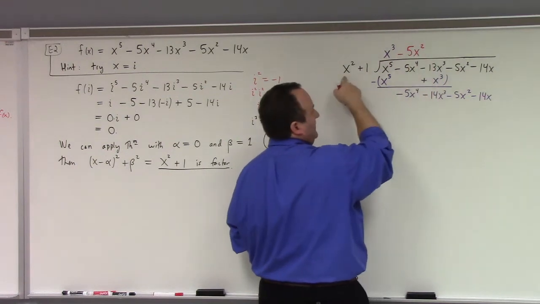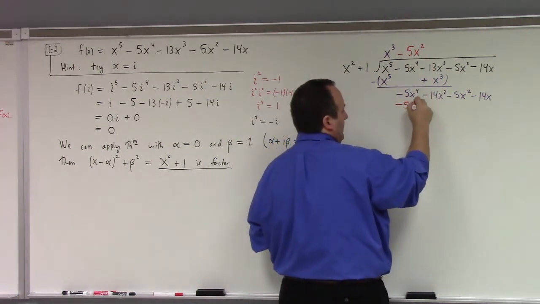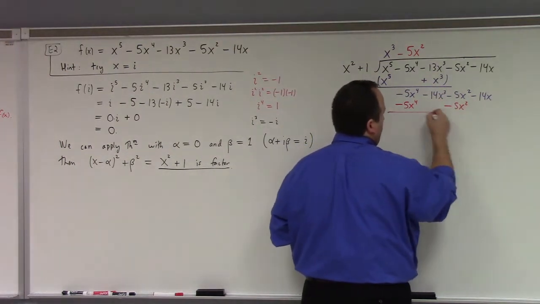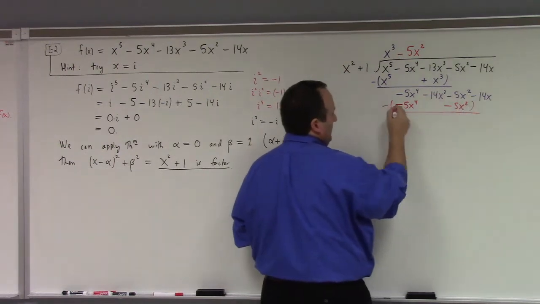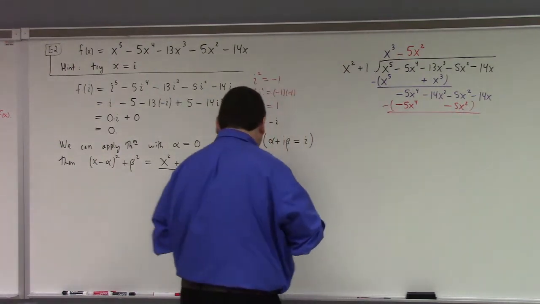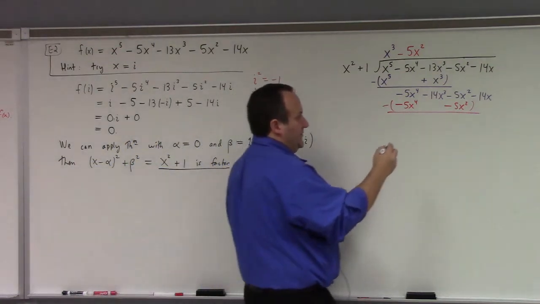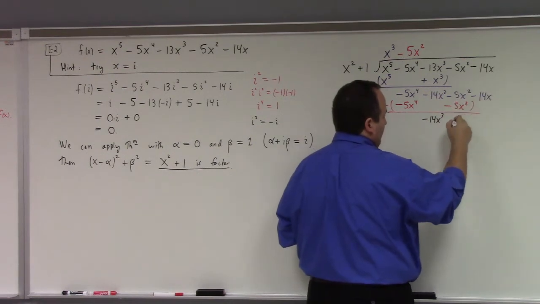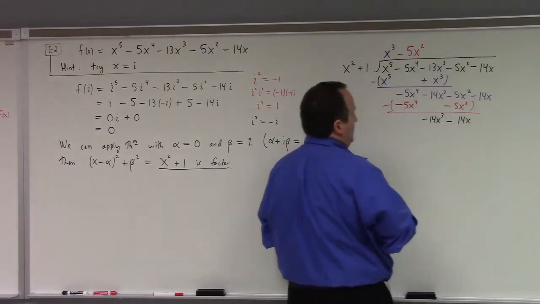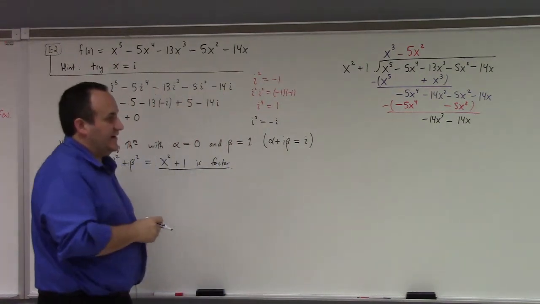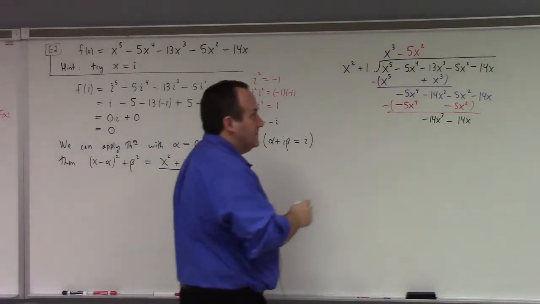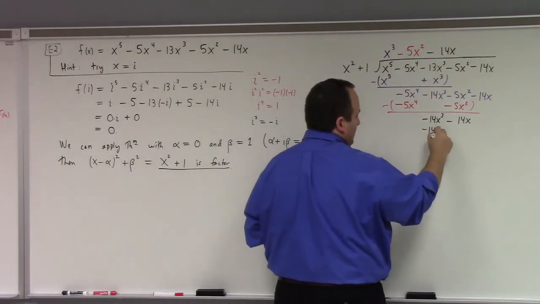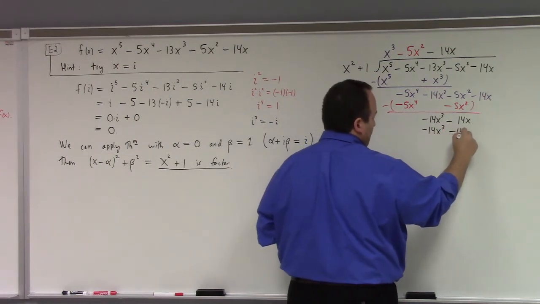Minus 5x squared times x squared gives me minus 5x to the 4th. And then I've got minus 5x squared. Take the difference. And we get minus 14x cubed. These guys cancel, which is super nice, minus 14x. So how do I get minus 14x cubed minus 14x? Well, I just subtract 14x up here. So minus 14x, that gives me minus 14x cubed minus 14x, and that's good because now we have a